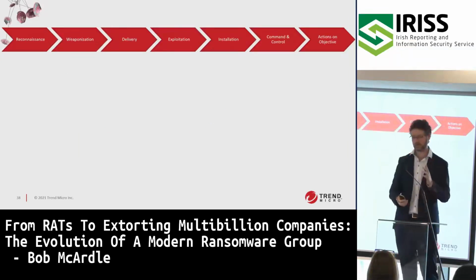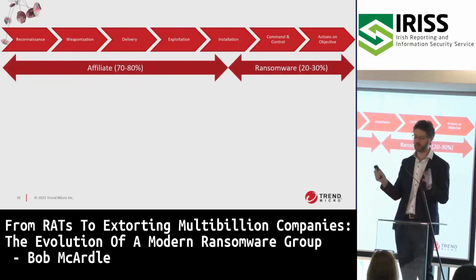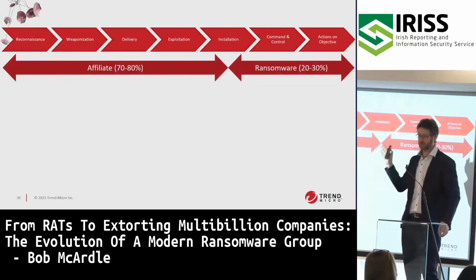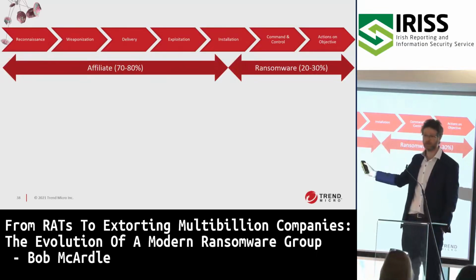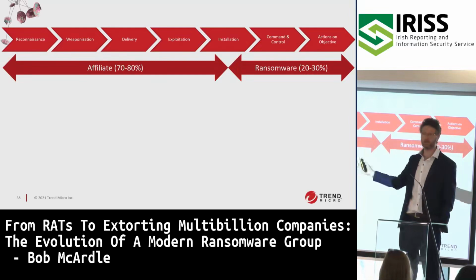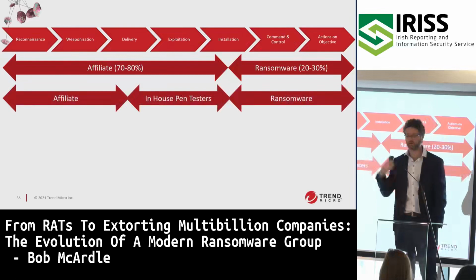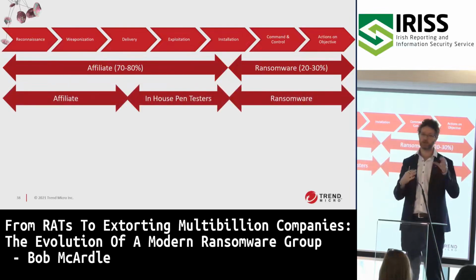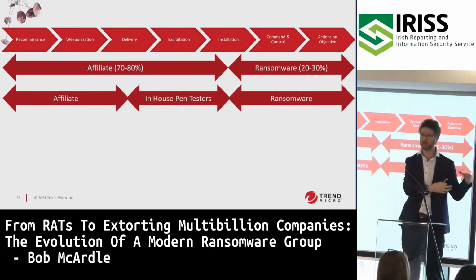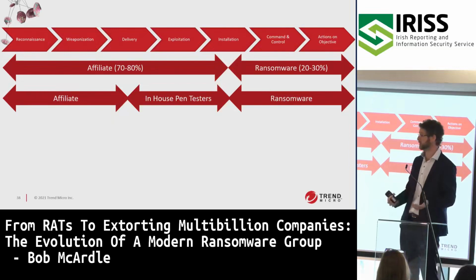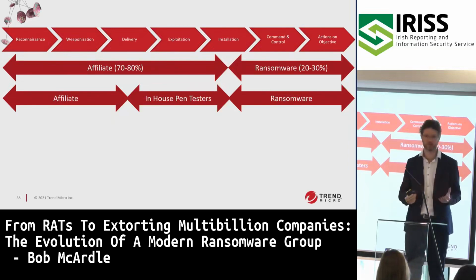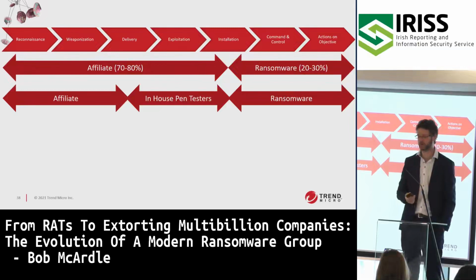To finalize, the last thing we expect to change: we talked about how the kill chains look like this up to this point. That makes perfect sense when you are selling or doing a ransom for 10,000. But if you're doing a ransom for 100,000 or 1 million, that is a ton of money to give away for no good reason. So a lot of these groups are bringing this in-house. They're maybe giving 20, 30% to the initial finder, like a finder's fee. And for the lateral movement part, they're just putting pen testers on salaries, which saves them a ton of money and increases their margins. So almost every group will adopt this approach going forward.